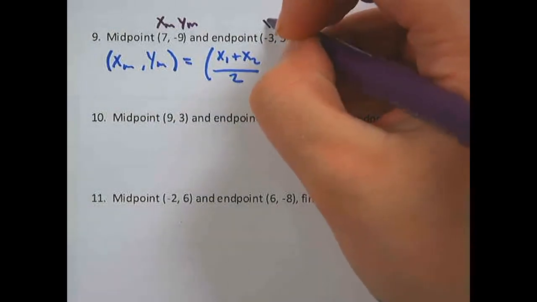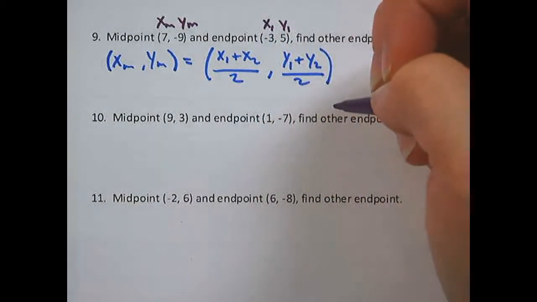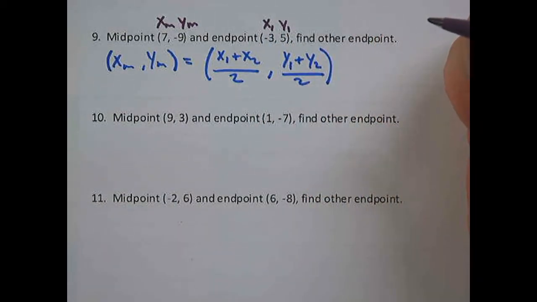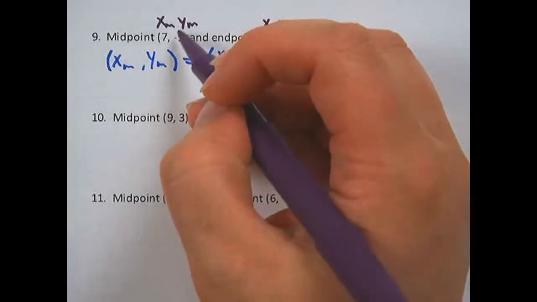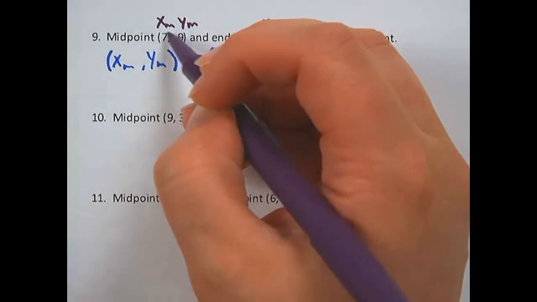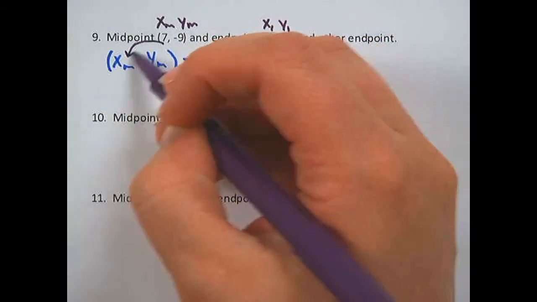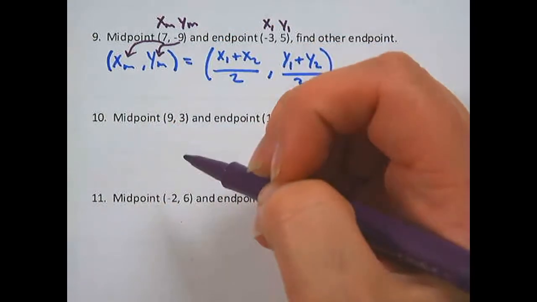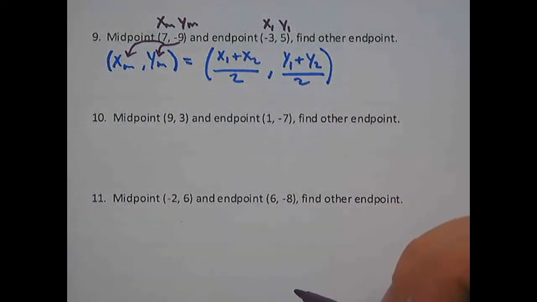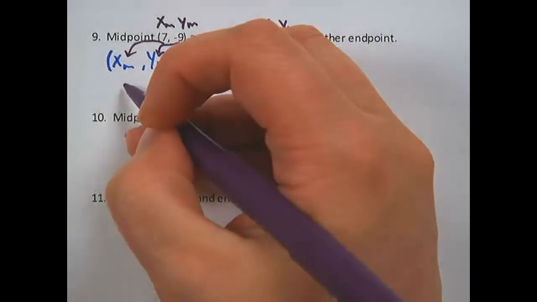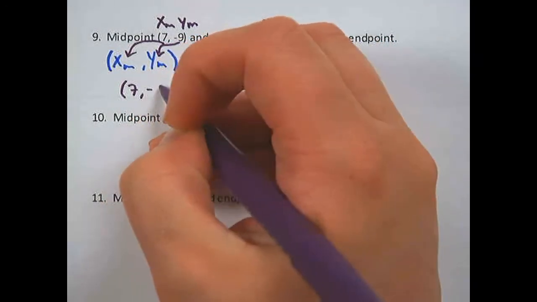So I'm going to call this x1, y1. Since this is xm, ym, I'm going to plug these two coordinates in for xm, ym. So when I set this up, I'm going to have the coordinates 7, -9